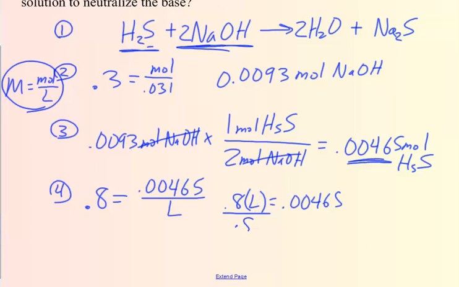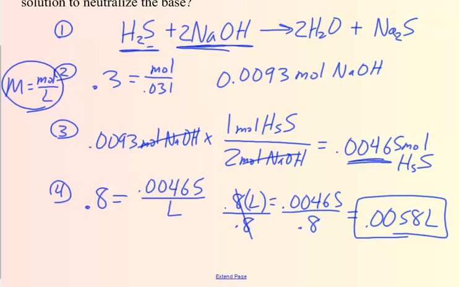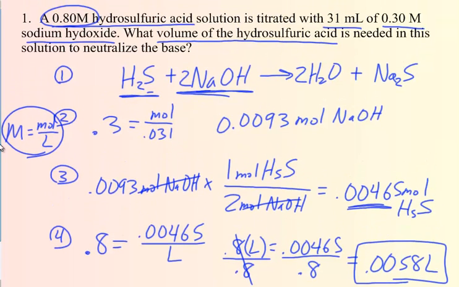Divide this side by 0.8, right? And our liters are equal to 0.00465 divided by 0.8, which gives us a value of 0.0058 liters. That number is rounded to significant figures, which if you're looking, right, this has two significant figures,